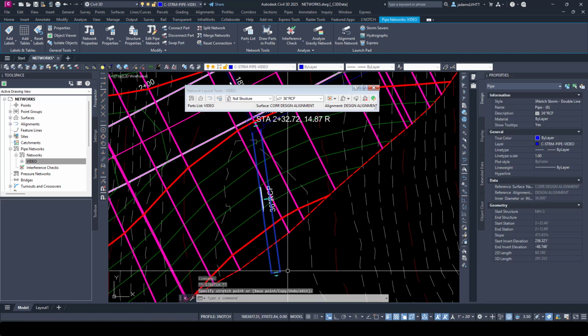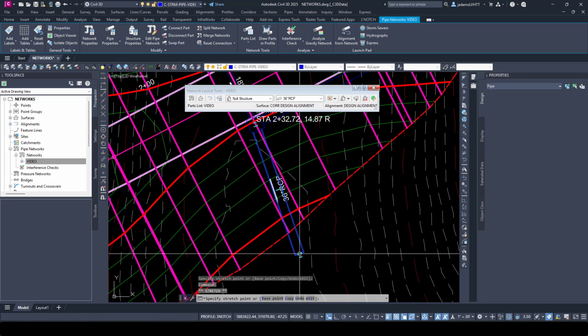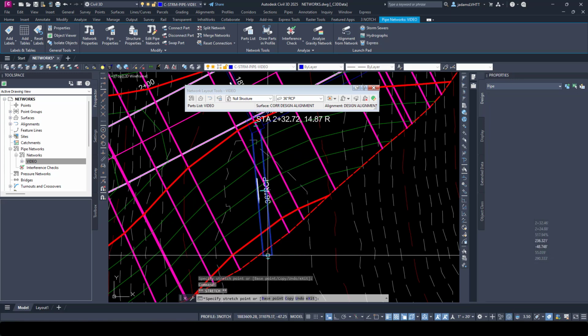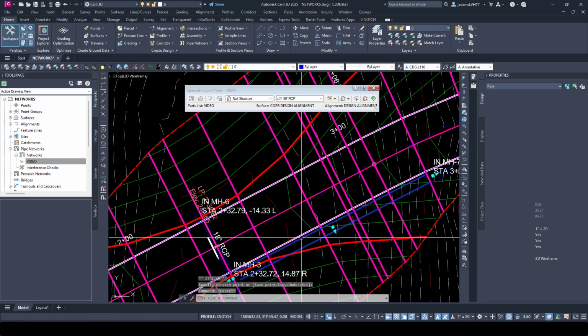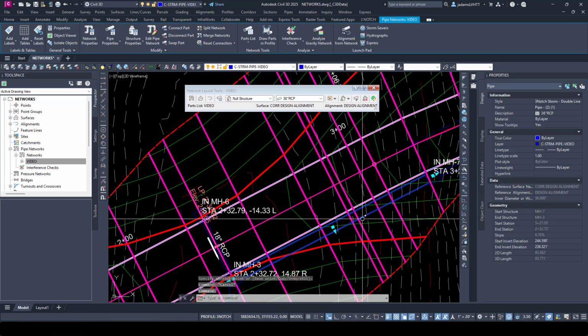As you can see, I can actually make it longer. So you know the software is okay with it. If I choose this grip, I can change the orientation. So just that easy. I cannot do that with pipes that are between structures, but you'll notice that for this part